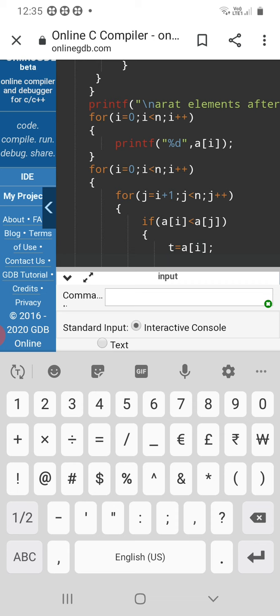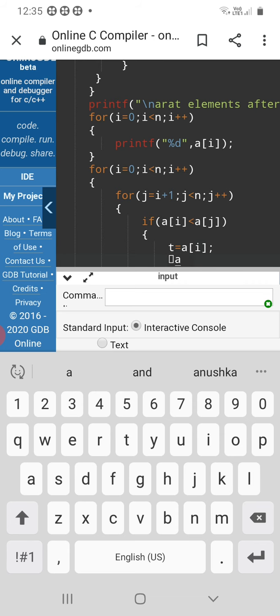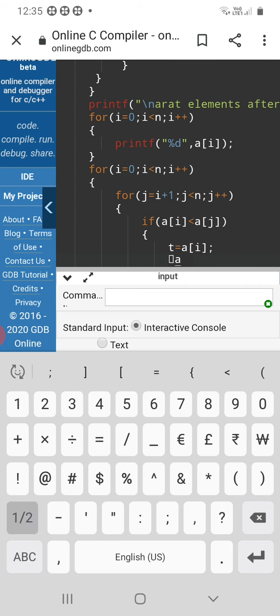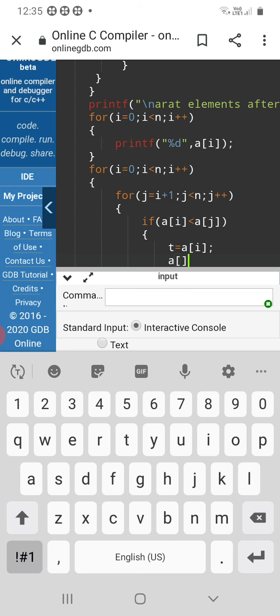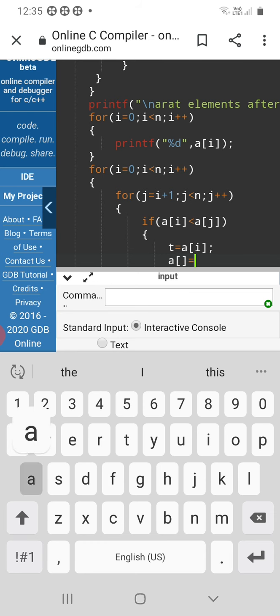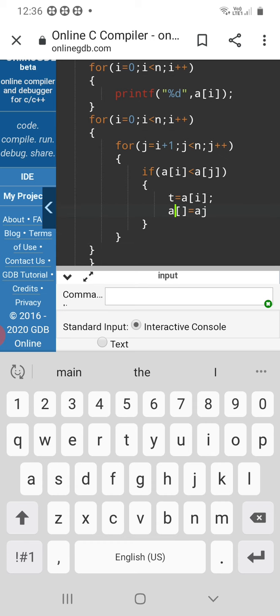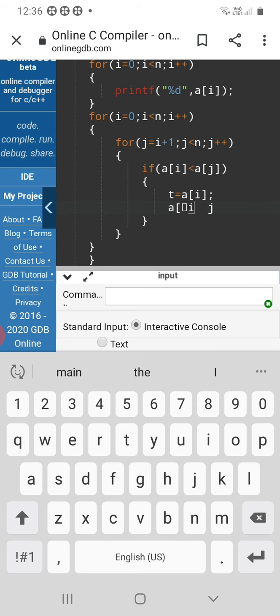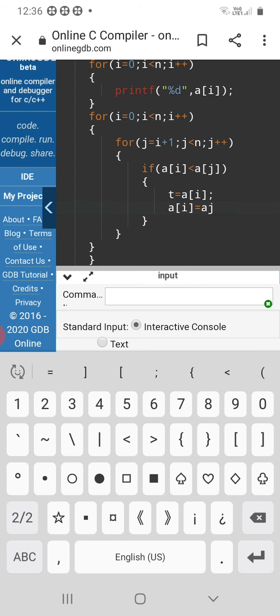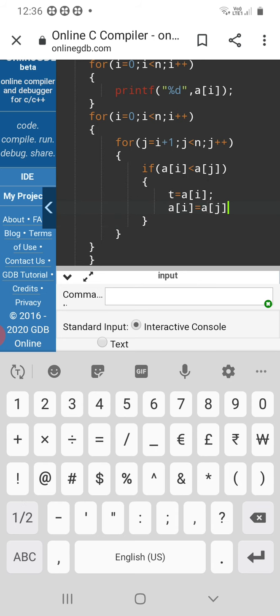Next, moving on to the next line, a of i equal to a of j, terminating with semicolon.